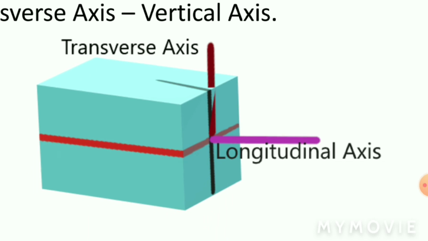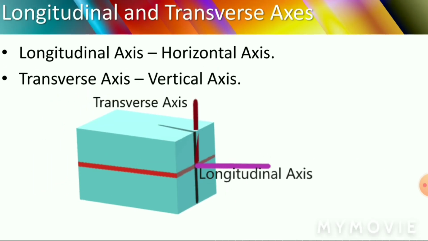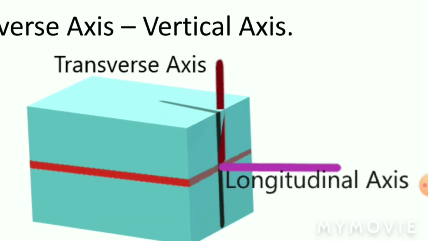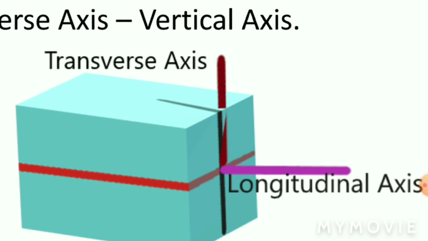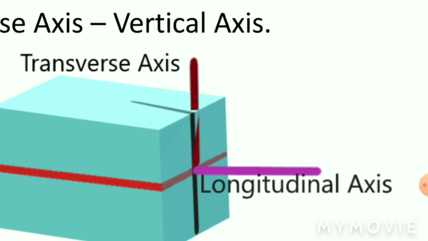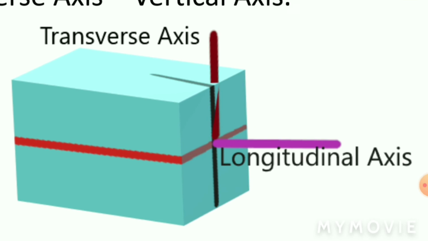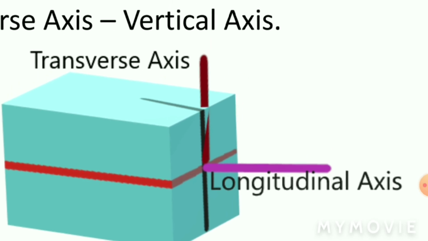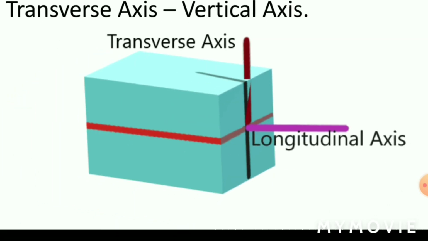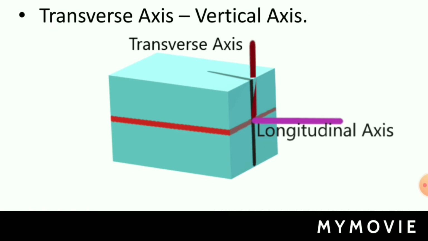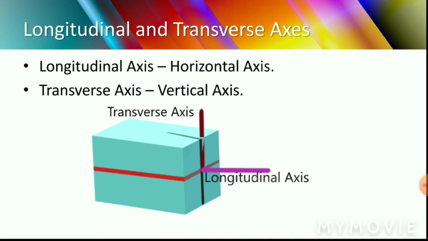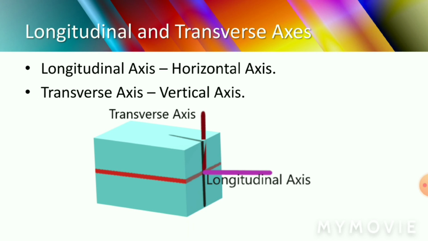Normal load. If any load acts perpendicular to the cross section, the load is said to be normal load. For example, you can see here the cross section is a square cross section and the load is acting perpendicularly to that cross section, so these loads are said to be normal loads. If loads are moving away from the center, then the load is said to be tensile load. If the load is moving towards the center, then the load is said to be compressive load.